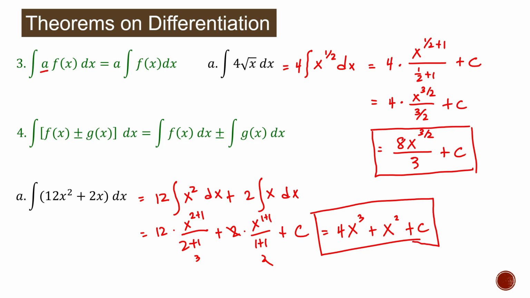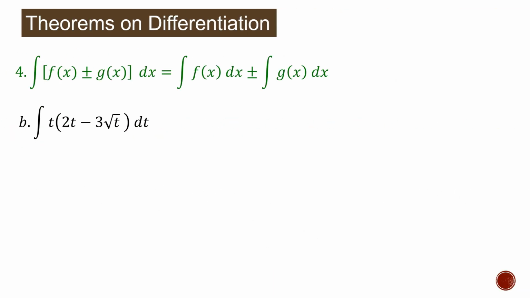Okay, let's go to the second example of theorem number 4. Now here you might be thinking, oh, I'm just going to take out that t outside of the integral symbol. Unfortunately, we cannot do that because that t is a variable. So which means here we need to distribute that to negative 3 square root of 2t and negative 3 square root of t. So this will be equal to 2,